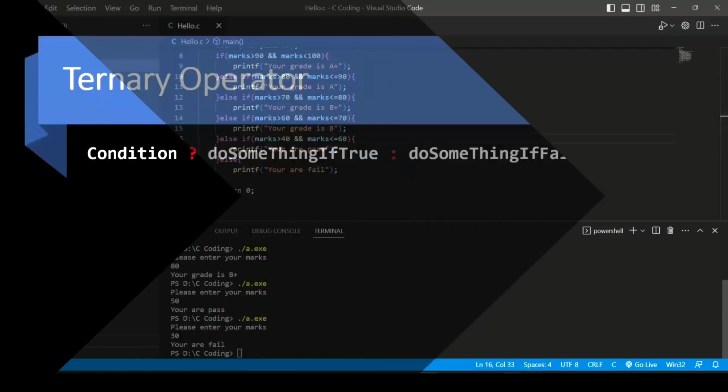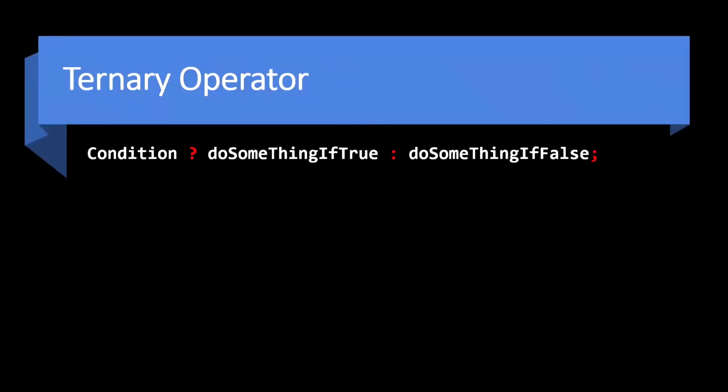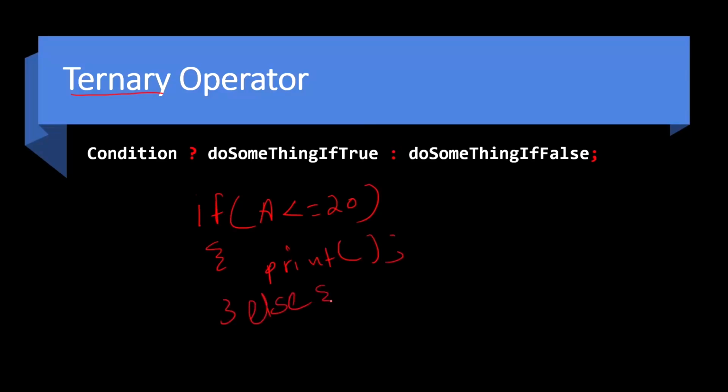Okay. Now we are going to discuss the ternary operator in C. Ternary works similar to an if else condition, but not multiple if else condition. If we have only one if, like a is less than or equal to 20 for example, and we have a print, and after this we have else, and here we provide another print. Then we can also use the ternary operator, and here we first have to provide a condition of this type,